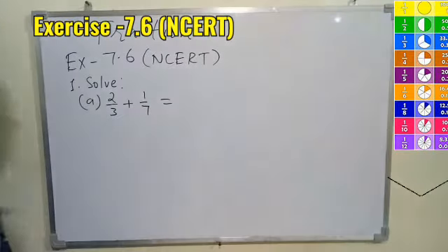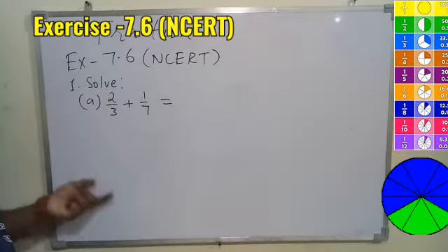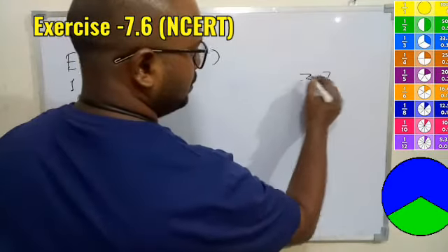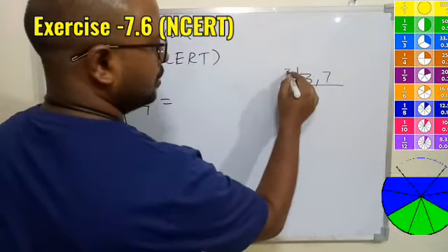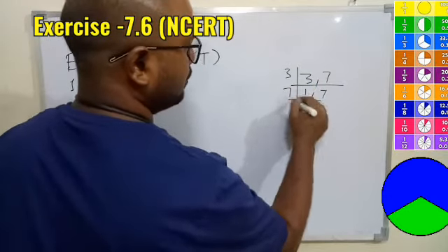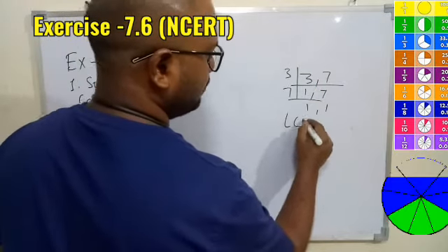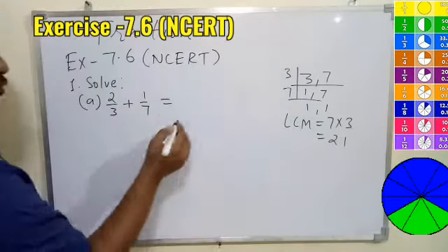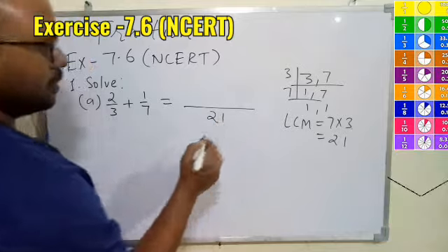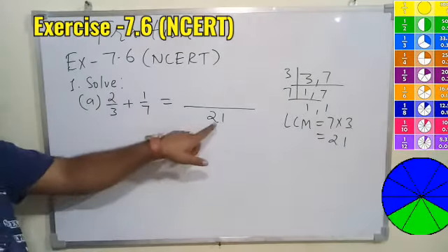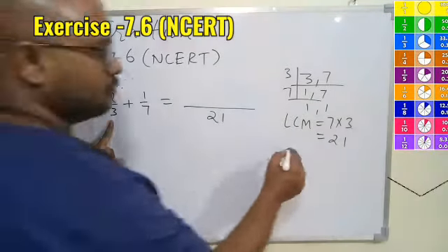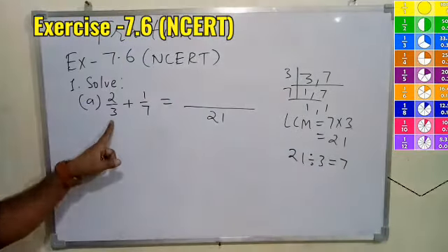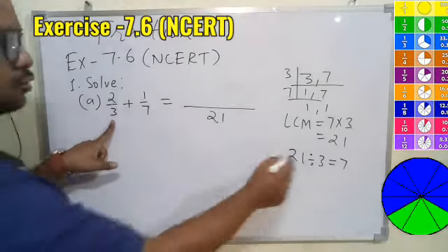So we can again apply any method. So better you find the LCM of 3 and 7. So LCM will be what? 3 1 times, 7 1 times. So LCM will be 7 into 3 only, 21. So write down this as 21 in the denominator. Now we have to divide 21 by 3. So if we divide 21 by 3, you will get 7. 3 7s are 21. So 7 we are getting.